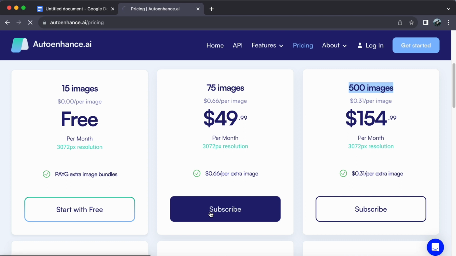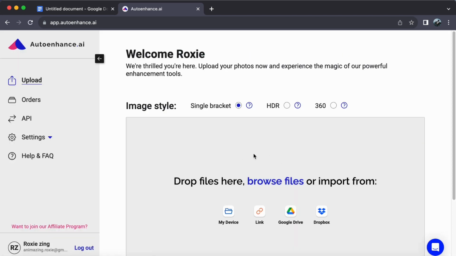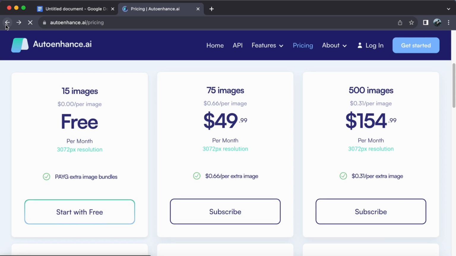With your choice in hand, take the step and click the subscribe button. This decision propels you into a world where creative limits are a thing of the past. And there you have it, a seamless way to elevate your creative journey through an upgraded subscription plan